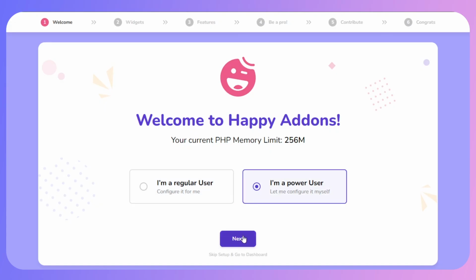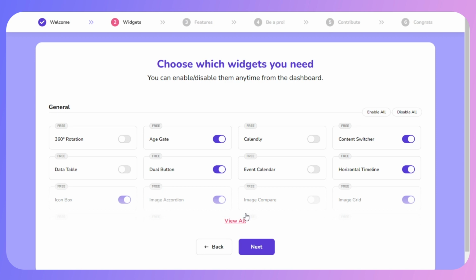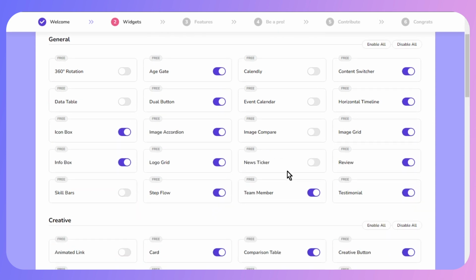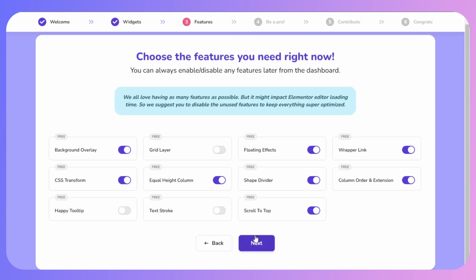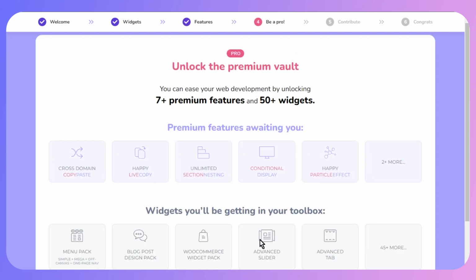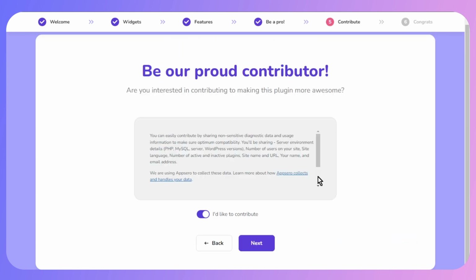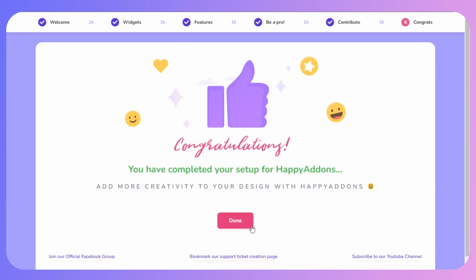After that you just need to click on the activate plugin. After that you just need to click on the next button and make sure that your text stroke effect is enabled. So click on the view all and then you just need to scroll down a little bit and then click on the next button. After that you just need to make sure that the text stroke is enabled and then click on the next button. After that you just need to click on next again and follow the on-screen instructions